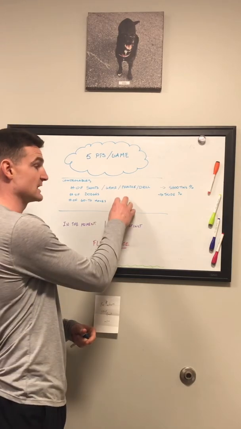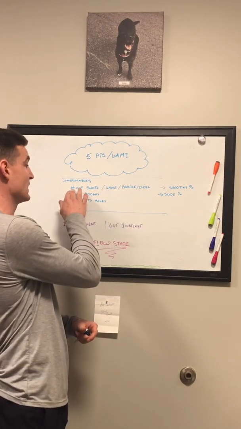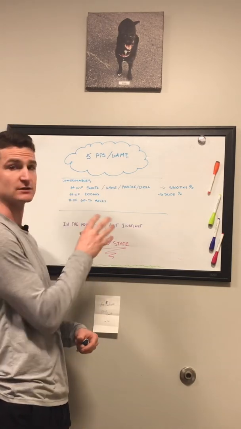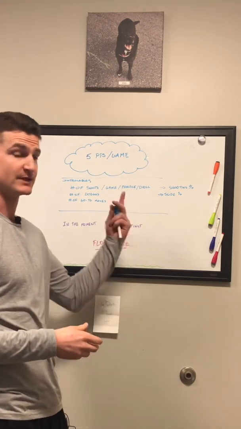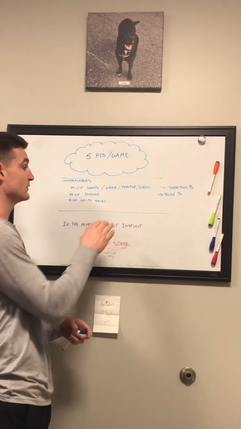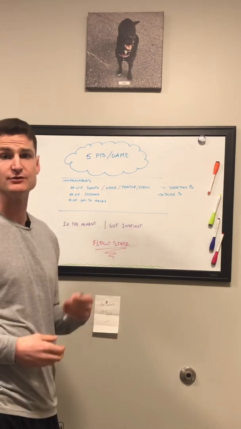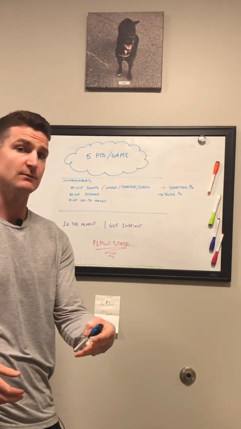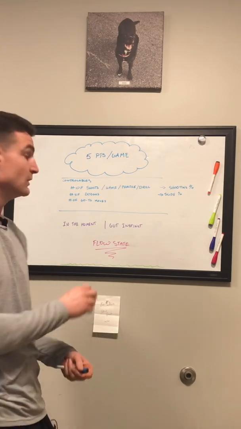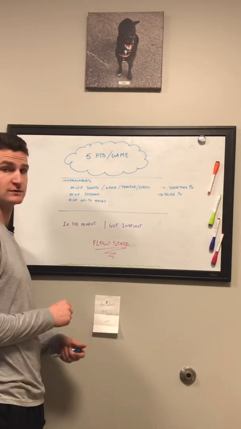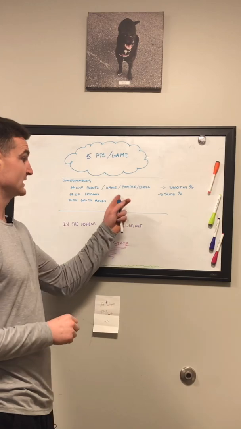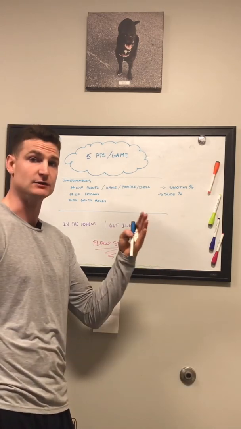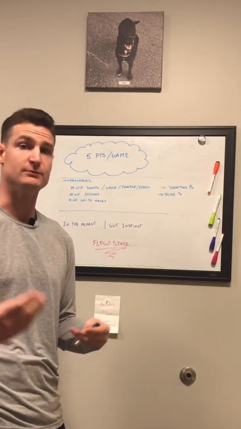So on this second category, right, where we have a volume of shots, we're going to take a certain number of shots per game that give us the best chance for success. A volume of dodges, right? How many times are you going to attack your defender, depending on what your role is for your team, and where you like to dodge from? We can get very, very specific with those as well. What that's going to lead to is more data, things that you can analyze your own play objectively with, right?